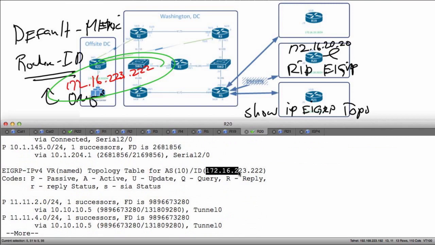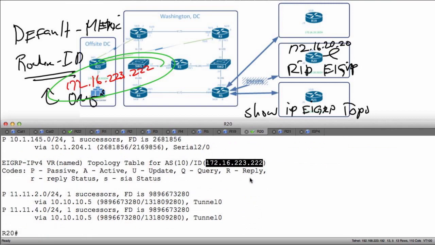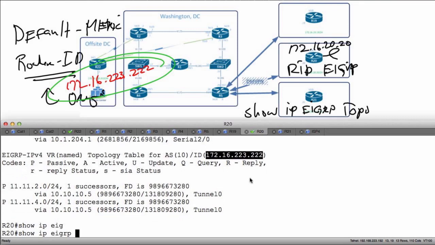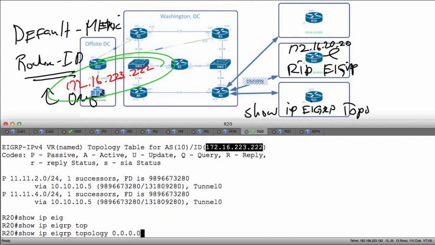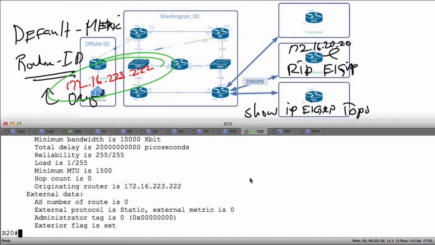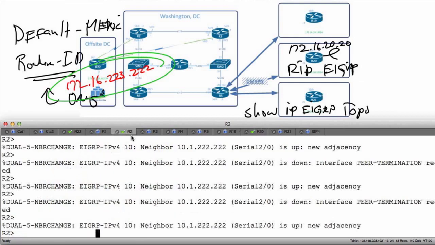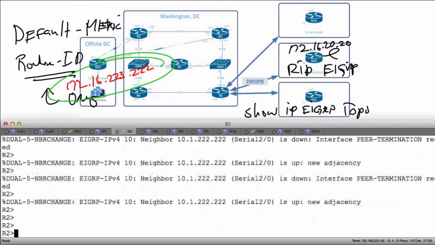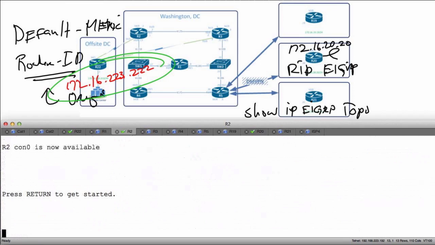notice right here I have a router ID of 172.16.223.222. So now if I look at that default route, show IP route or show IP EIGRP topology table for 0.0.0.0/0, notice now it tells me that it was originated on this device. So if I go over to R2 and take a look at it, exit, show, let's see, is it even